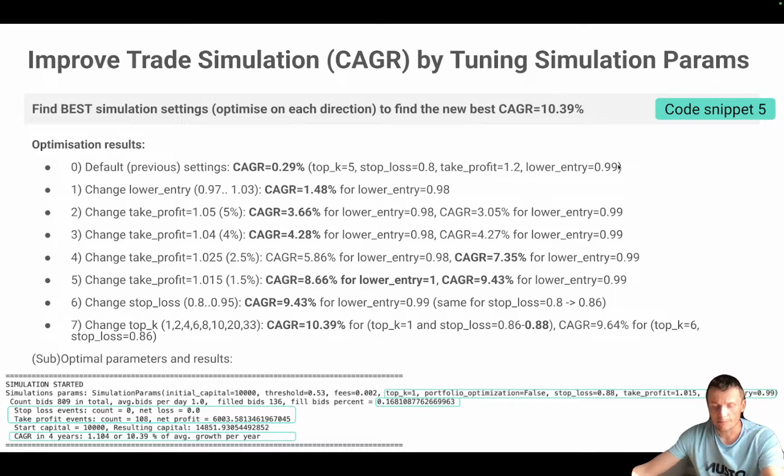It is quite obvious that one of the most important parameters that defines your total number of trades and overall financial result is the price bid that you're ready to pay for the next day. And I iterated from 0.97, when I tried to buy all next day stocks with a 3%